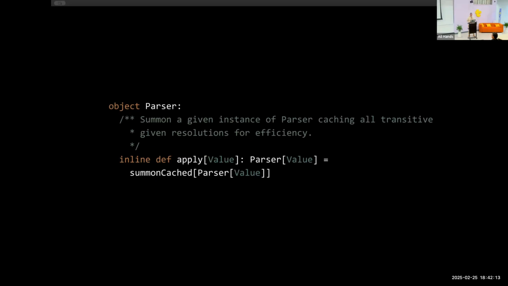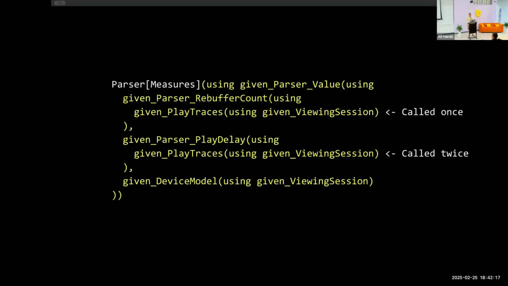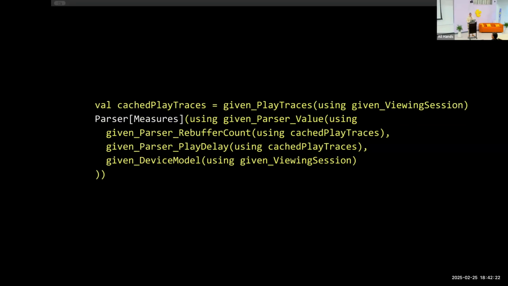Macros are executed after everything is resolved. It took this and rewrote it like this. Basically, we identify calls like this given play traces, and when it's called multiple times, we extract it into a val and put the cached val here, and that's it. We saved 20 to 25%, so pretty good.